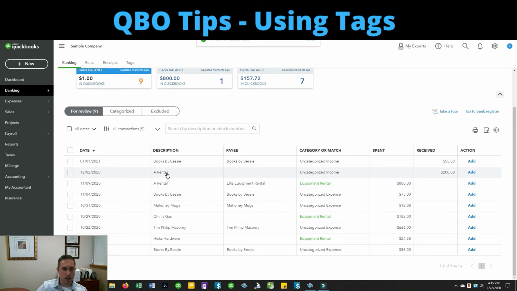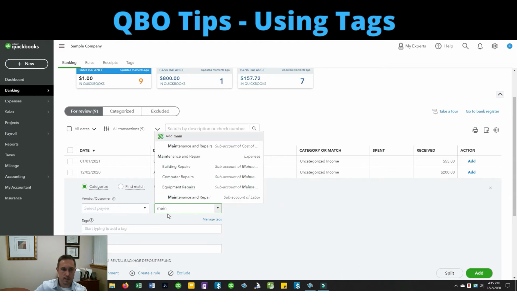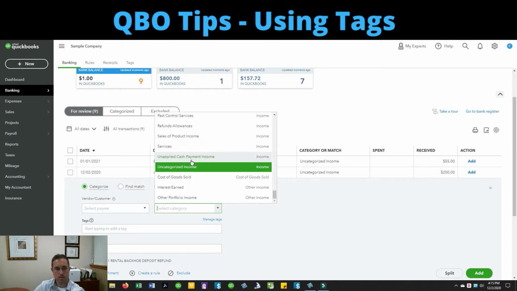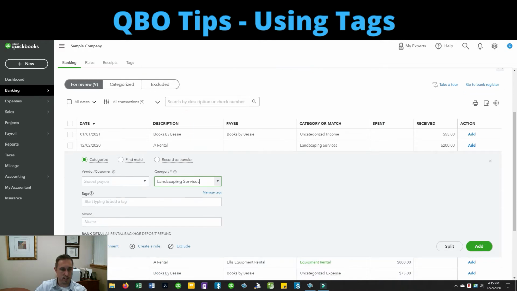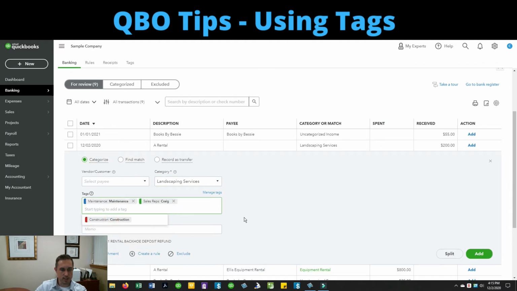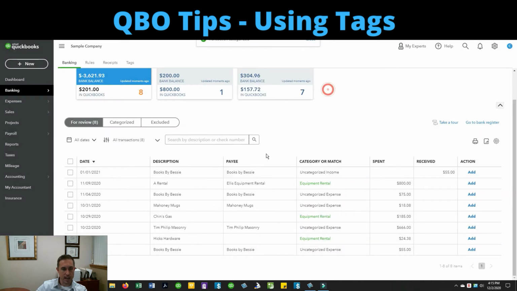And for this deposit, let's just say it's maintenance, landscaping services, and so that's going to be a maintenance income. And let's say Craig actually sold that one, so we can put multiple tags onto a transaction. So that's one way to add tags, is right from the bank feed.